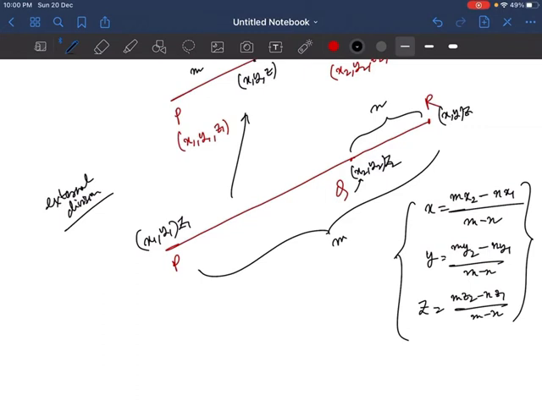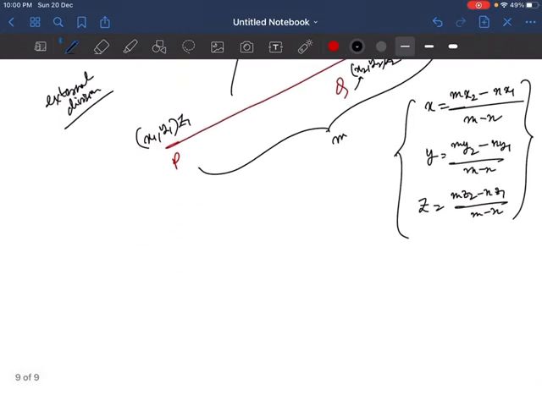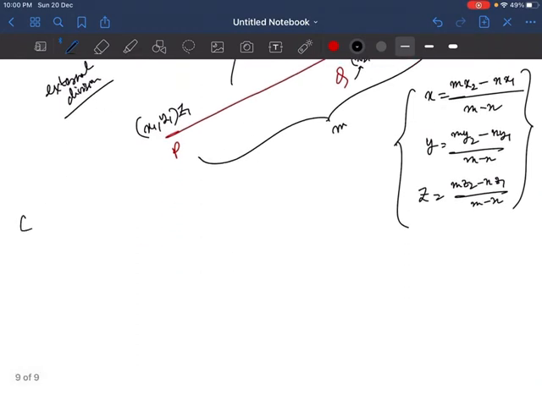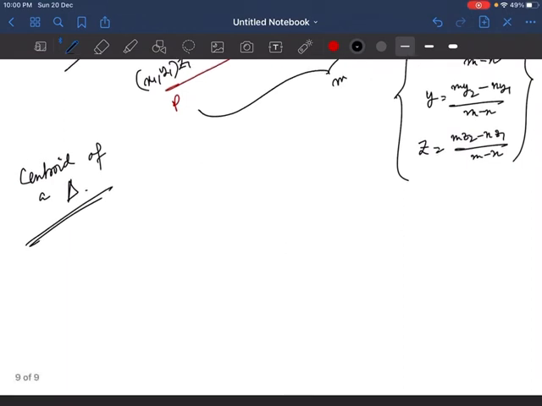Now, so this is how we got it. Now there is another formula which you must learn, which is to find the centroid of a triangle. How to find the centroid of a triangle? So suppose we have a triangle